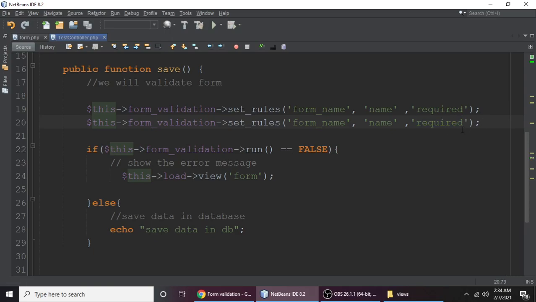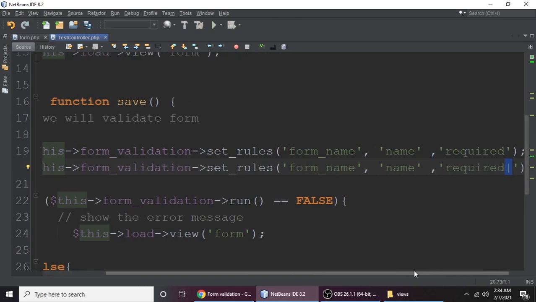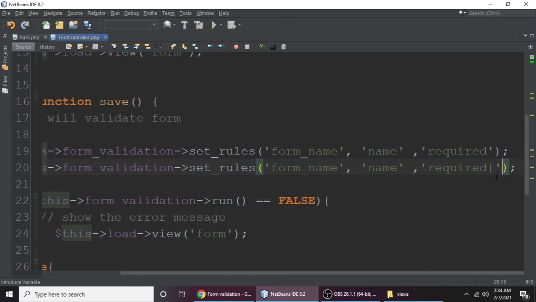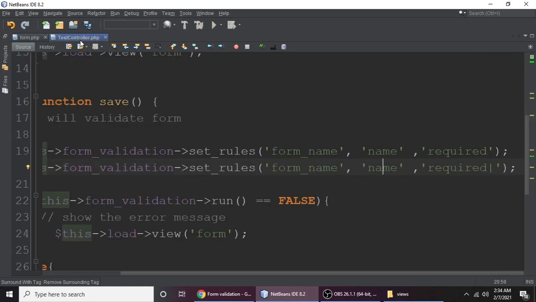and the second rule, you can put this pipe symbol. Let me zoom in so you can see clearly. This is the pipe symbol from your keyboard, this one. And for the second field, let's change the name. Let's copy form and paste it here, and this is for email. So let's put email: first, email is required, and second, email should be valid, because user